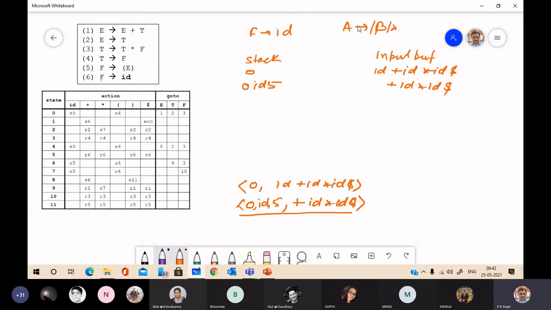Mod beta is 1 into 2, which is 2. So you have to pop out, meaning the action is reduced by production number 6. To reduce, you have to replace the right side of the production. Actually, you have the handle on top of the stack. The problem in bottom up parsing is how we decide the handle.